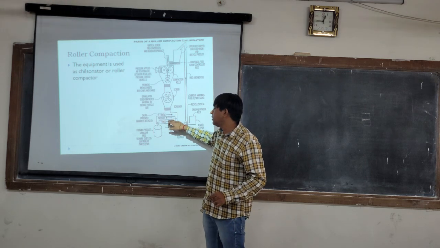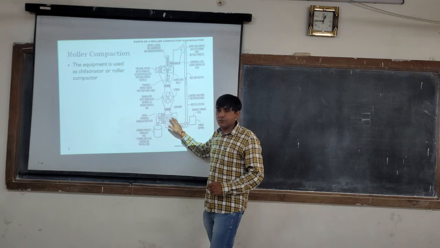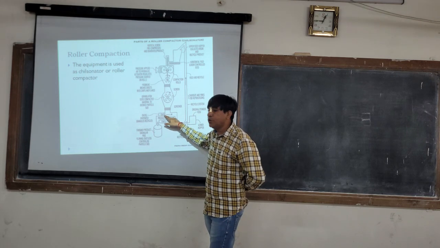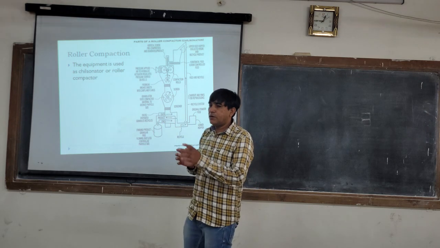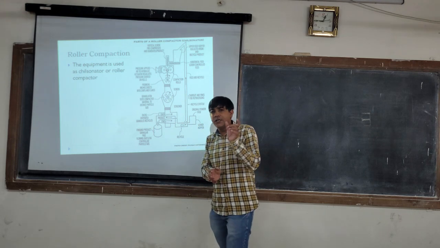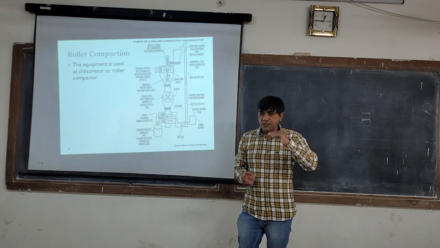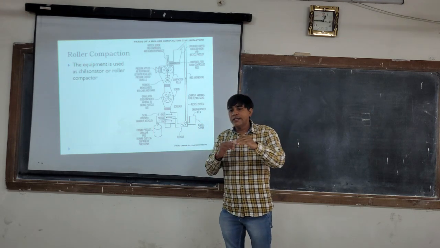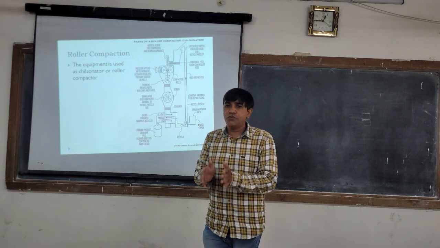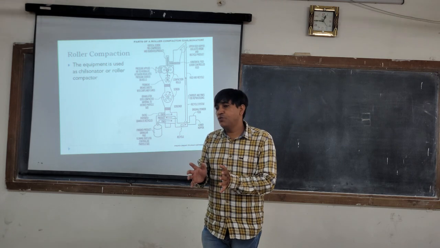Here there are two slanting sieves. So the granules which are oversized, say for tablet manufacturing, we require the granules of a size 20/40. That is, they must pass through a 20 mesh sieve and they must be retained on a 40 mesh sieve. Depending on the size of the tablets which we want to prepare,